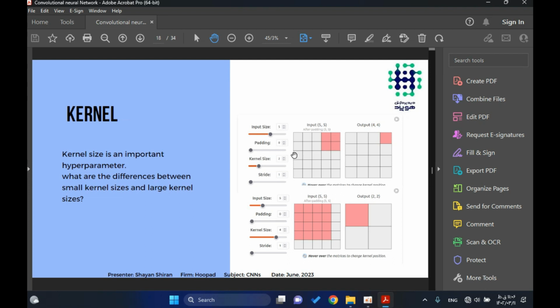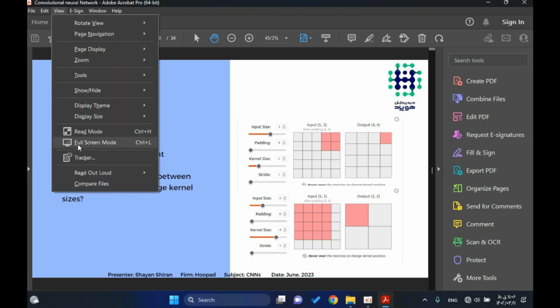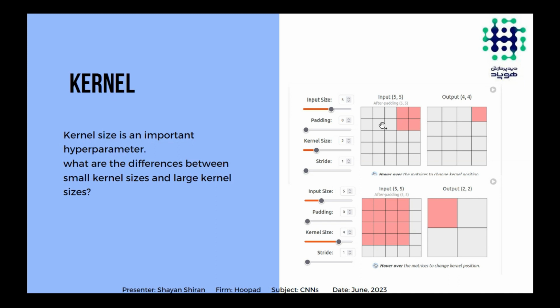You see, for example, the stride is 1 and our kernel size is 2. First, the kernel moves over this region of our input, and then it shifts 1 pixel at a time because our stride is 1.